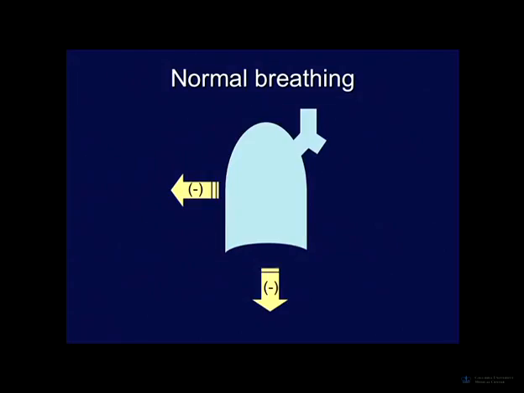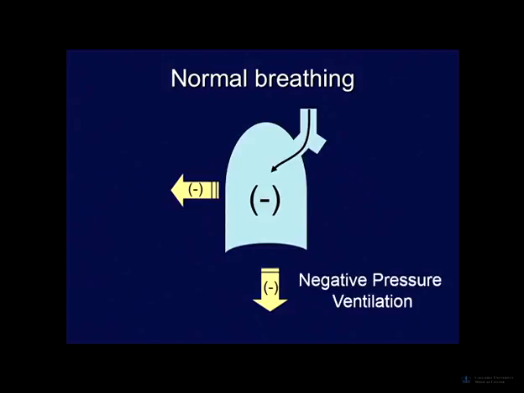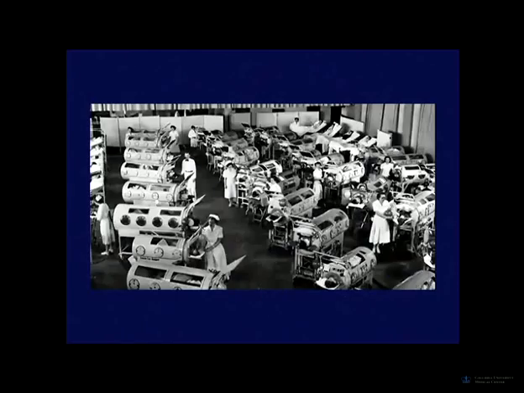Okay, under normal circumstances, without mechanical ventilation, we all breathe with negative pressure ventilation. Our chest wall expands, we create negative pressure in the pleural space, and that creates negative pressure in the alveolus, and air is drawn into the lungs. Okay? This is negative pressure, and that's the concept behind the iron lung, which they used to use as the way of mechanical ventilation back in the mid-20th century. And this was actually a very common scenario, especially in the polio epidemic,